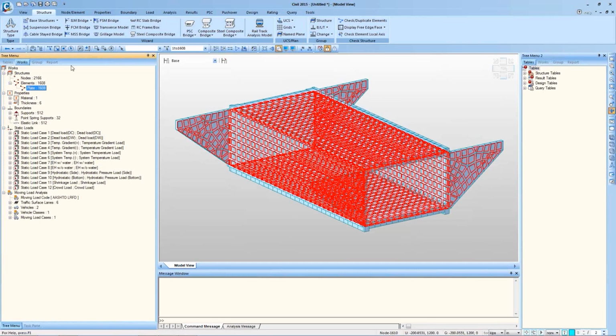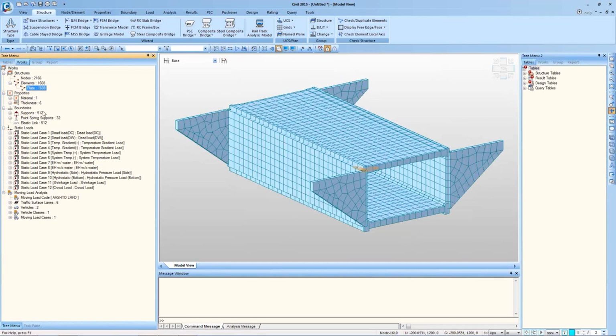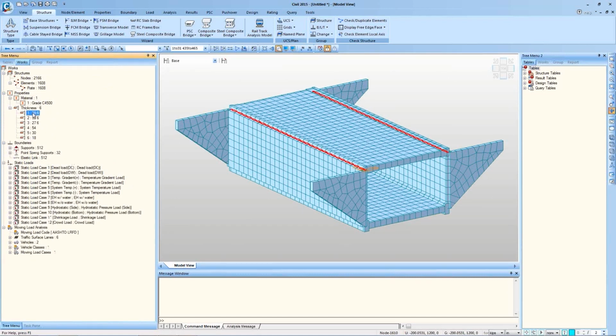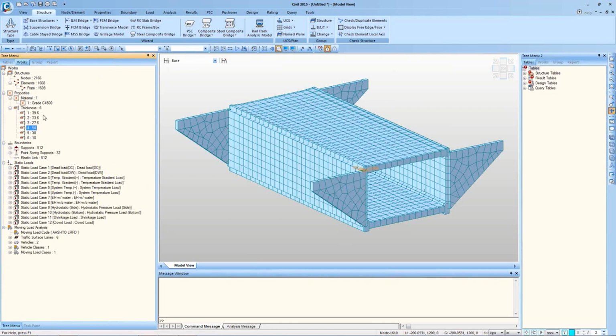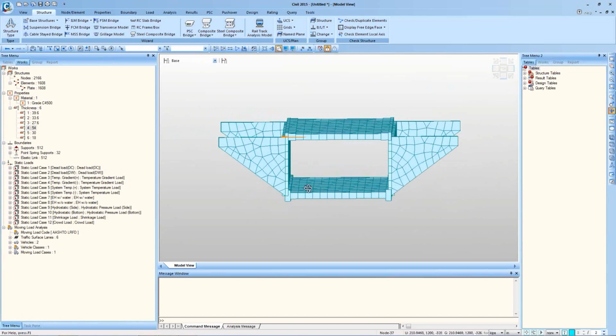It's a completely plate model, as I mentioned in the presentation. The material assigned is C4500, and the thickness is defined as per the input definition in the wizard. Editing the model is quite easy. Unlike any of our competitive software, once we generate the model from the wizard, we can edit it quite comfortably. Let's say I want to define the bottom slab with a different material.